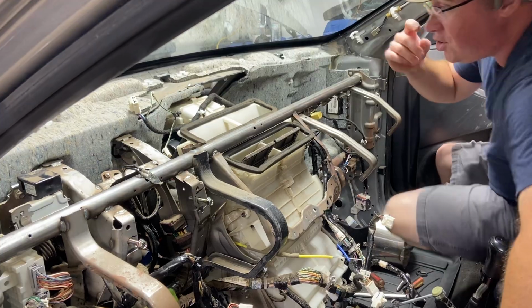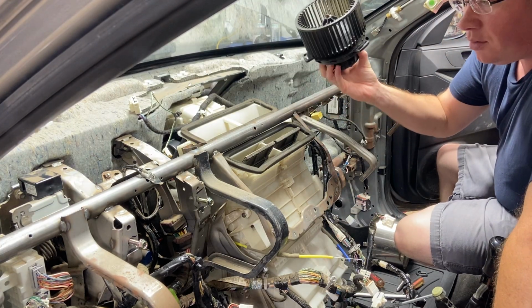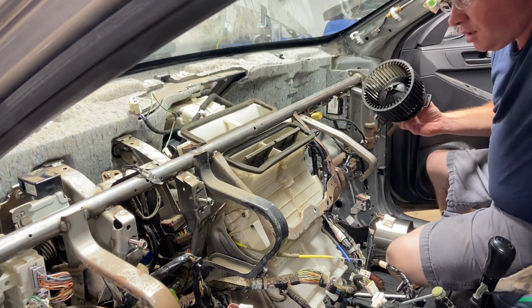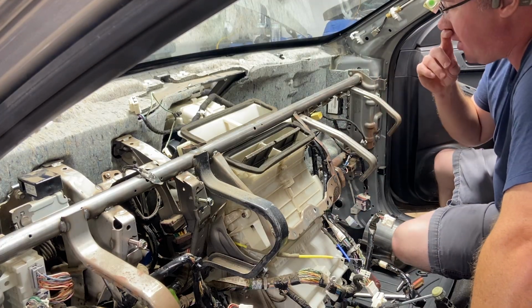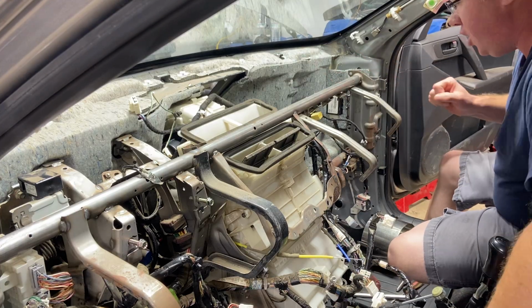All right, so I'm going to try and show you a quick video on how to change your AC blower motor. Granted, I'm doing all this because I had to replace the evaporator and the heater core. Mainly it's the evaporator. So normally when you have your dash all in the car, this would be your glove